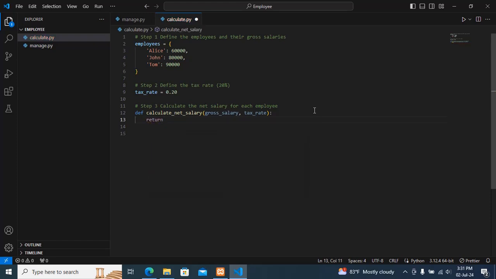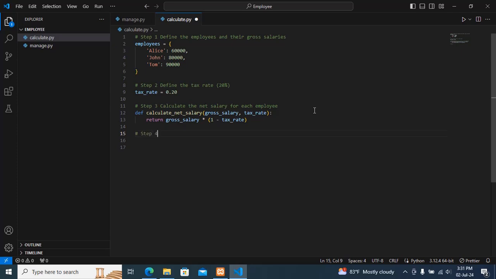Return gross salary multiply, then bracket 1 minus tax rate, then finally